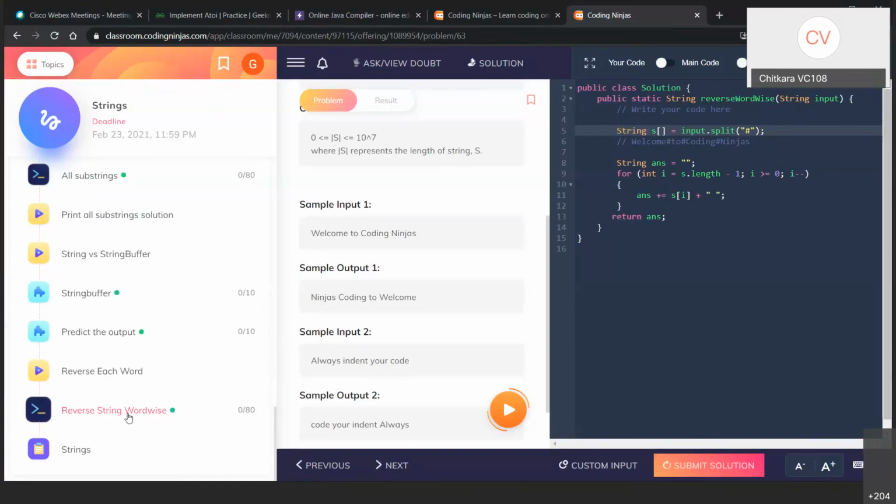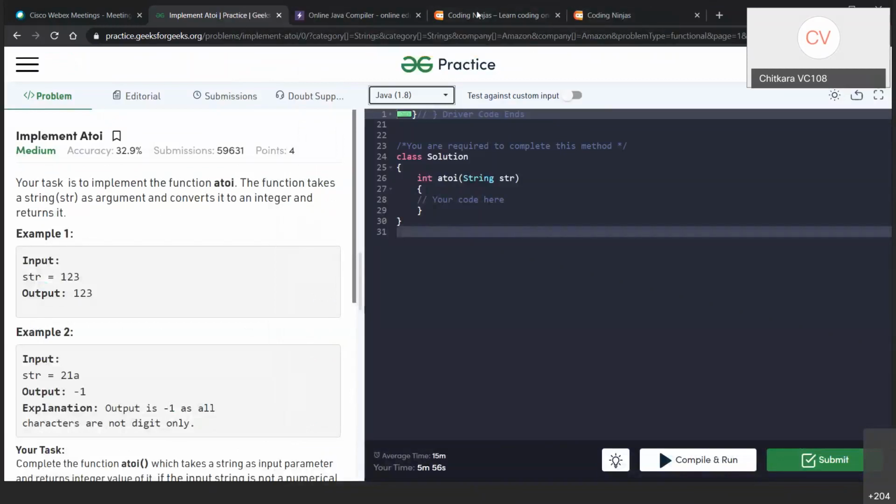Okay. Now let's check your coding. So this is checking your coding skills at the all India level. Let's check your coding skills at the all India level. So what I'm going to do, I'm going to go outside the Coding Ninjas and I'm going to share